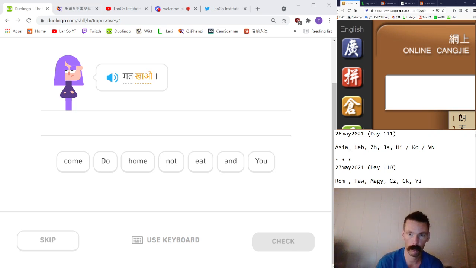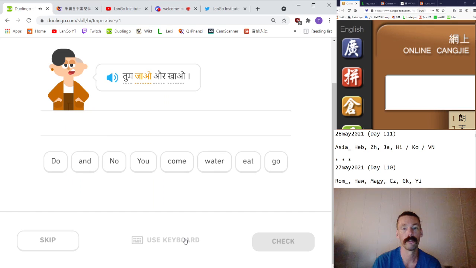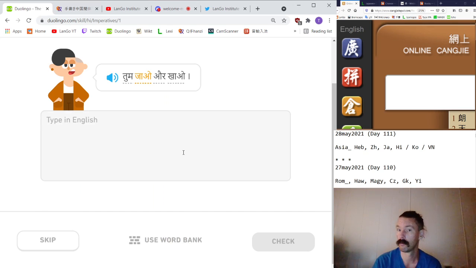So with that in mind, here's two forms to compare. With pio, however, it is a short vowel. I think the best way to segment pio is like this. The ya will be... Yeah, I agree, it'll be a ya. The pre-vocalic suffix is just O. Exactly. Mat khao. तुम जाओ और खाओ. We see the O having to use the separate form because it's coming after a vowel. That's right. There's no consonant for it to write on. Tum jao.